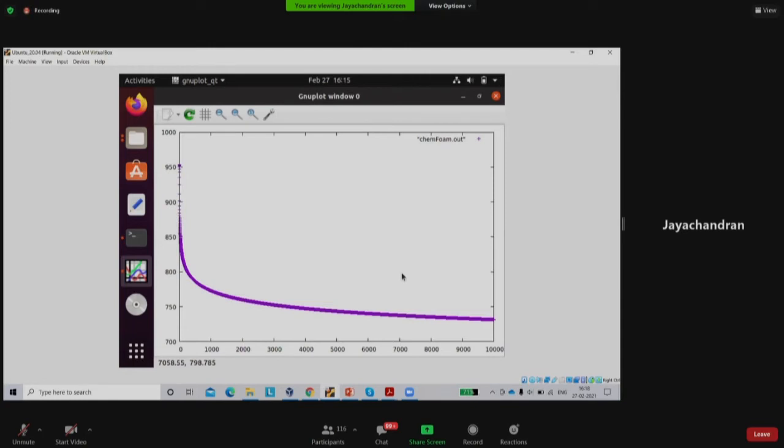We have considered an irreversible reaction, right? So as a homework problem or assignment, you can consider a reversible reaction and see how this graph changes. Then you can consider a combustion reaction and see whether the temperature is increasing. So you understood the basic methodology, right?